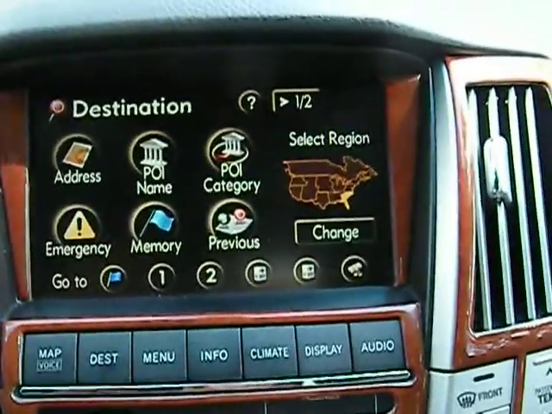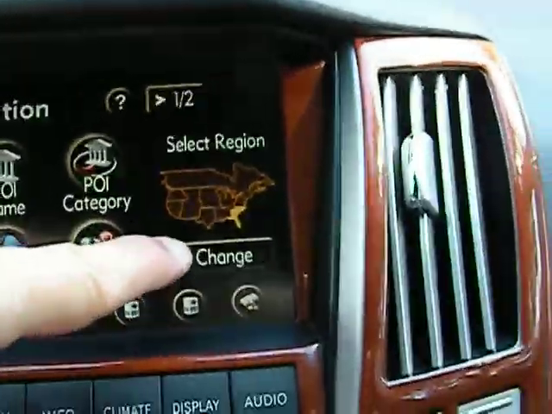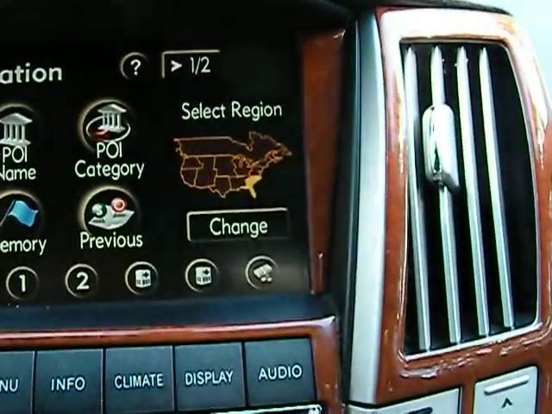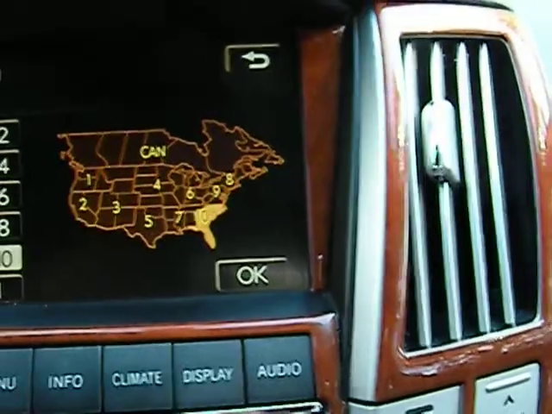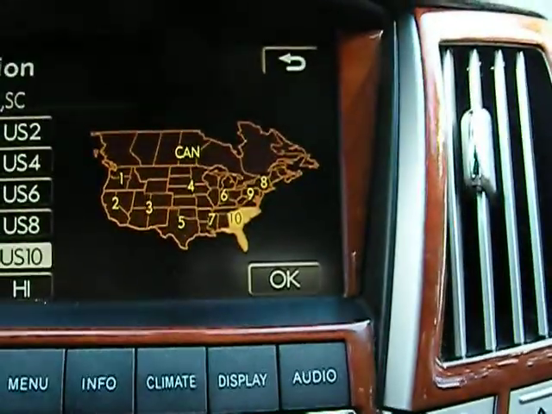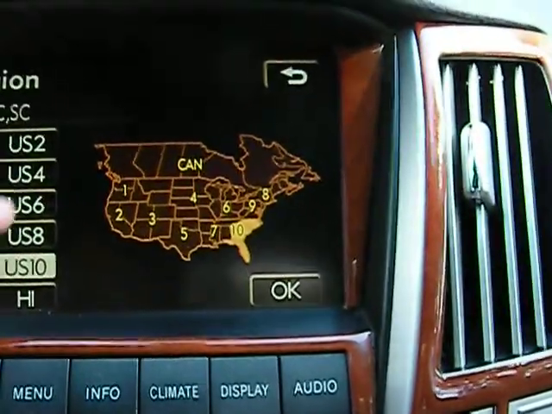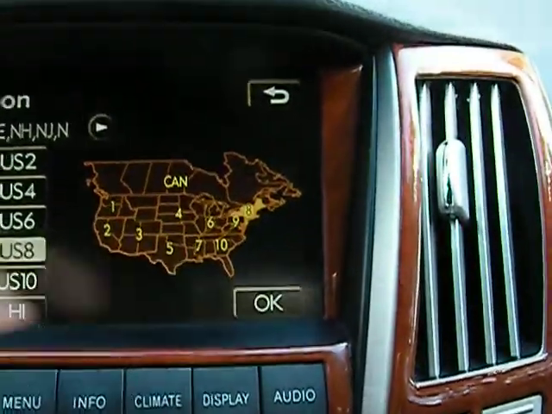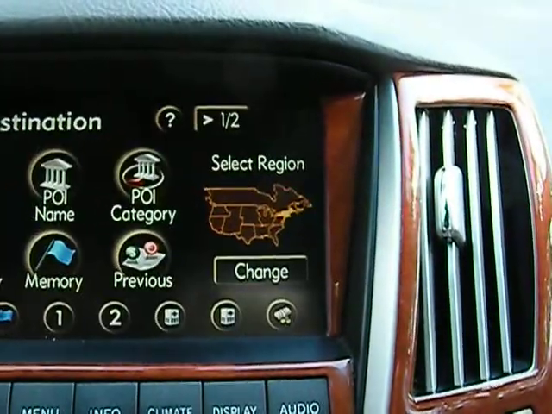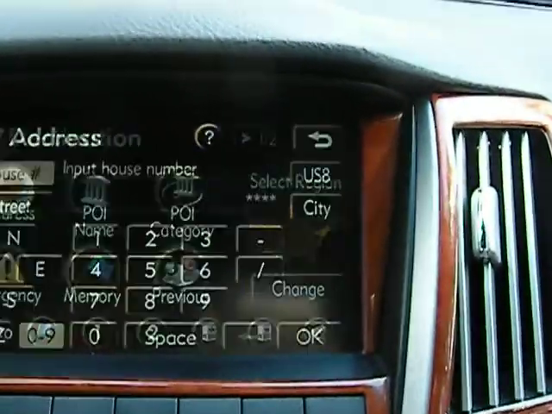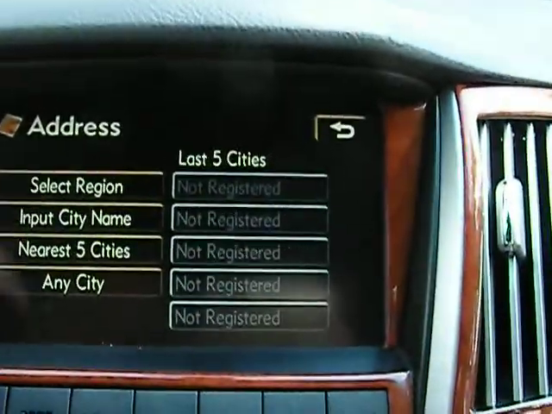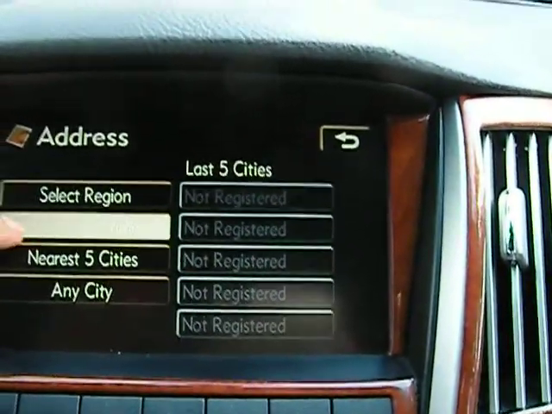Okay, now first of all, you're going to have to go over here and hit the word change and get the region you're in. I'm in southwestern United States, so I click this, and you live in number 8, which is the Northeast. So let's say I would push the Northeast there, and now I'm going to say OK. Now I'm going to say I want to go to city. Okay. Input city name. Okay, now I'm going to put Riverside,